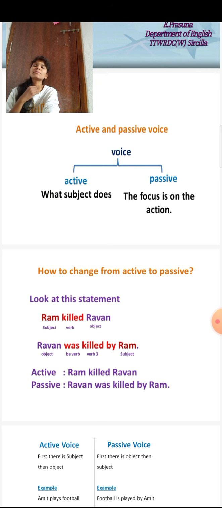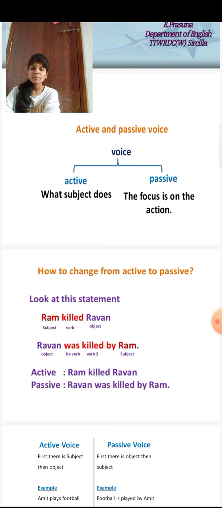Then what is passive voice? An indirect form of expression in which the subject receives the action. Here the sentence is not used in a direct way. That means an indirect form of expression in which the subject receives the action. The passive voice is employed in a class whose subject expresses the theme or patient of the verb.